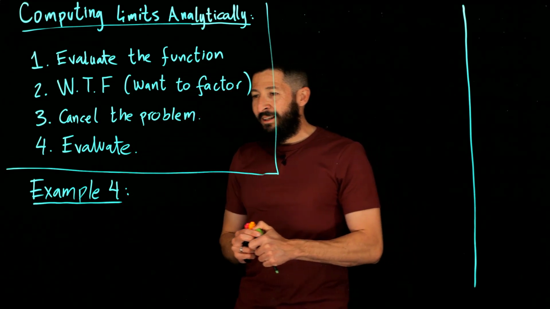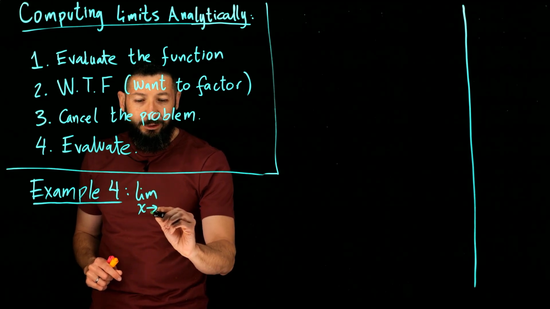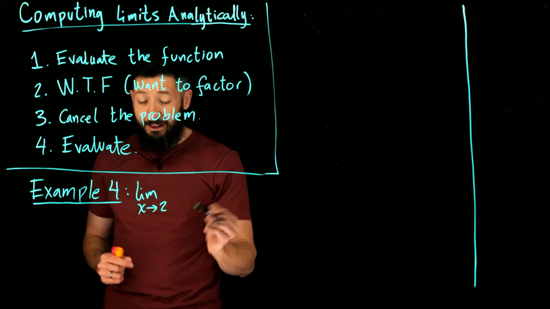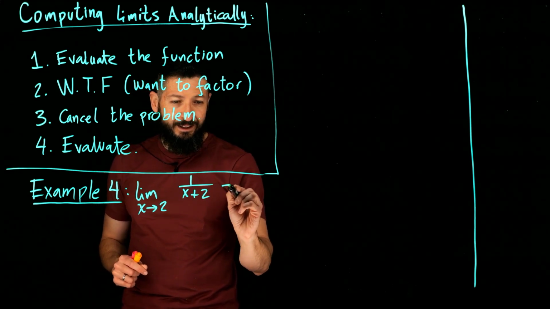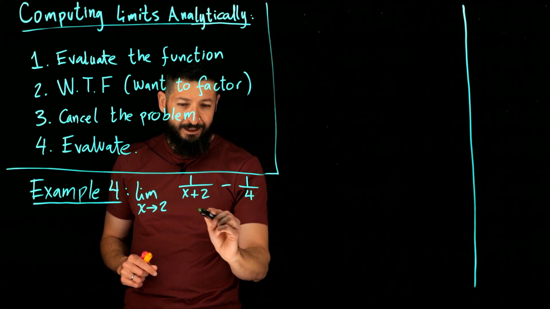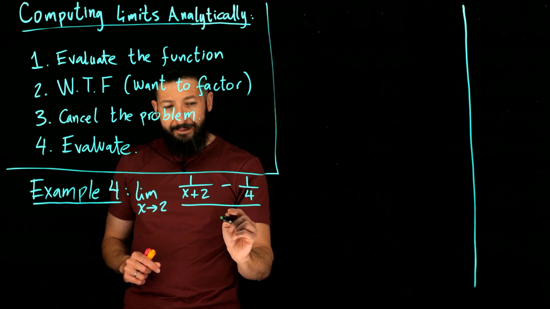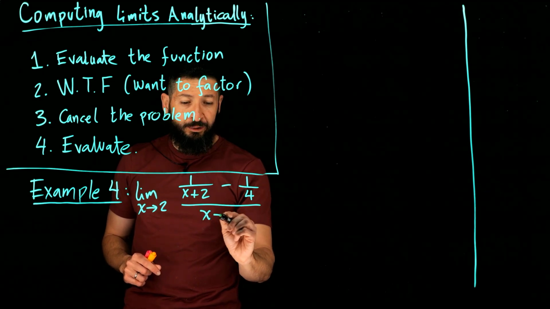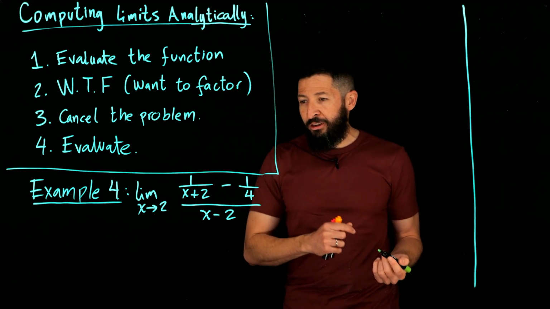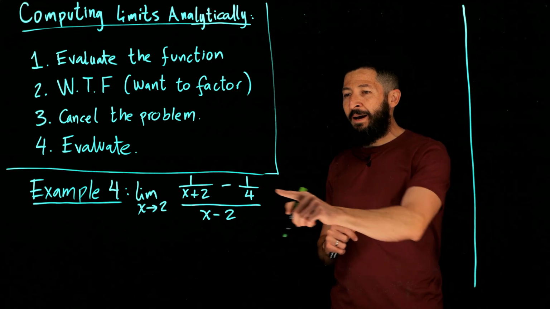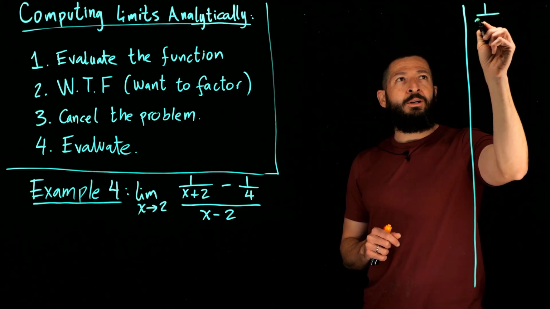All right, let's do the example with a rational function. So let's say x goes to, let's say 2 again. I apparently like the 2. And then I'm going to do an x minus 2 here. The reason why I chose those numbers is because if you look at what's going to happen when I evaluate it at x equals 2, I get 1 over 2 plus 2